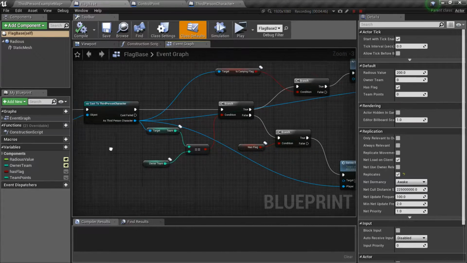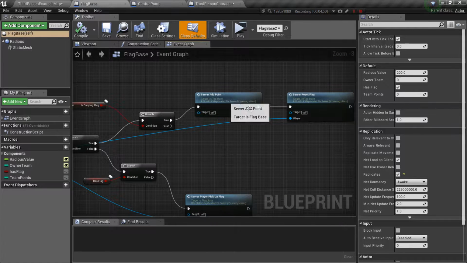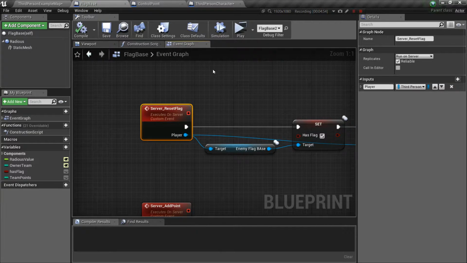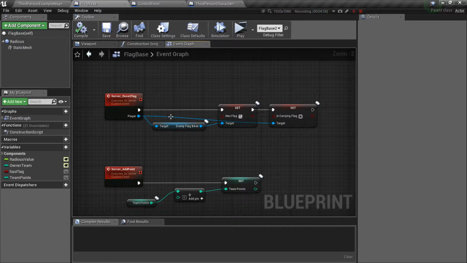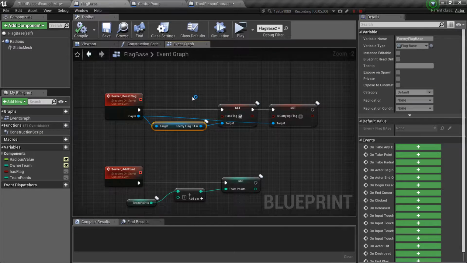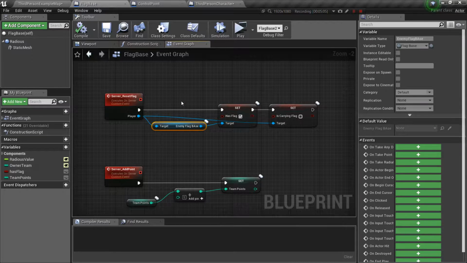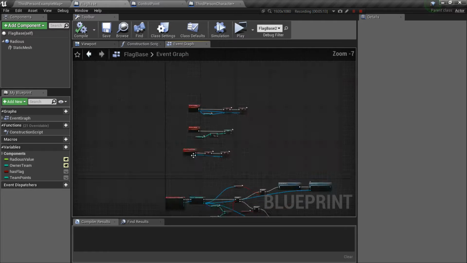So let's see the logic over here. It has to do with the reset flag. Basically we are picking an enemy flag base, and this variable over here is the problem, because it only references one of the enemy flag bases. So we're basically getting a solid reference to it, and we can't do that. So what I'm going to do is,